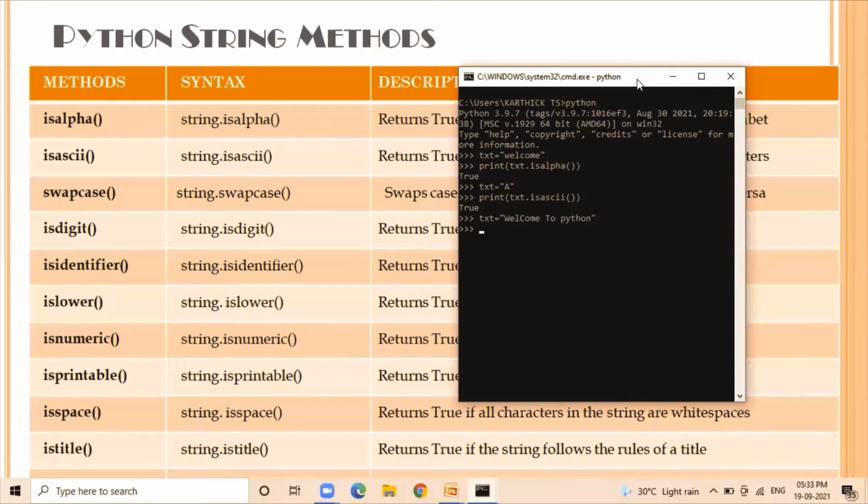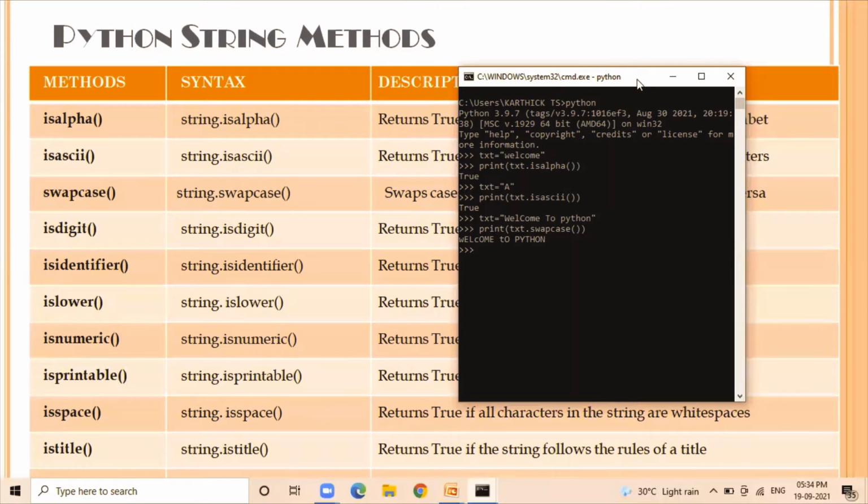So now let us use the print function with the text. Let us use swapcase, and this swapcase converts all the small letters to capital letters and capital letters to small letters in the given string text. Now you can see the input is completely opposite to the output. So this is how swapcase works.